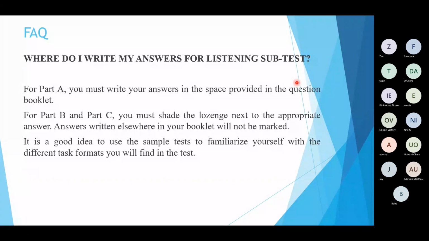You must shade your A, B, C, or D, provided that it's your correct answer, so that it will be marked correctly for you. Then it is a good idea to use sample tests to familiarize yourself with the different task formats you will find in the test. So every day on the Telegram group, if you check, you will realize that